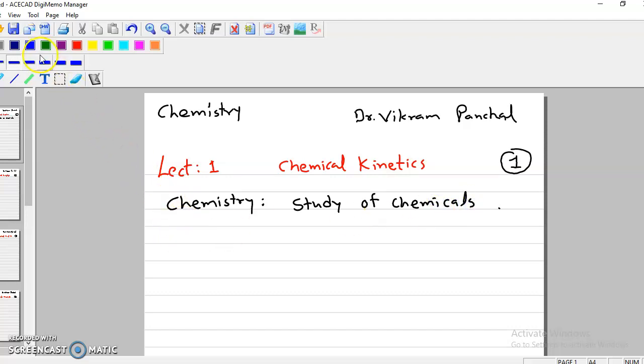Now, in chemistry, the most important word which frequently comes is reaction. So, what is reaction? In a simple way, reaction is change in state. So, reaction means change in state. There are various types of reactions. For example,